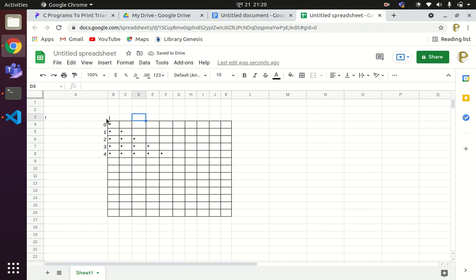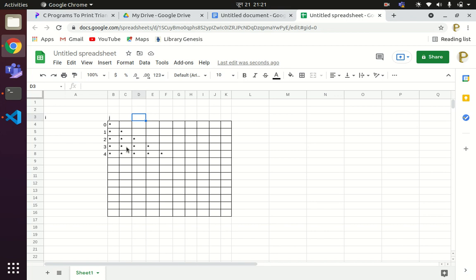I'll denote the outer loop by the variable i and the inner loop by the variable j. The outer loop will control how many rows are printed, and for each row, the number of times the star is printed will be controlled by variable j, and the value of j depends upon the value of variable i. We'll use this concept to solve this problem.